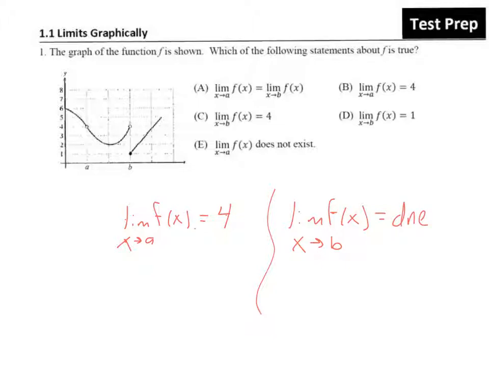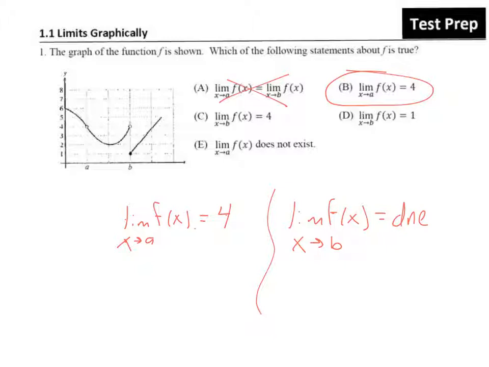So we're looking for an answer that's true. We want an answer that is consistent with this fact and this fact. This says those are equal to each other. 4 does not equal does not exist, so that is not the correct answer. B says as x approaches a, y is approaching 4, which is what we're saying here. So we're pretty confident this is going to be the answer, but let's check all of them, make sure we